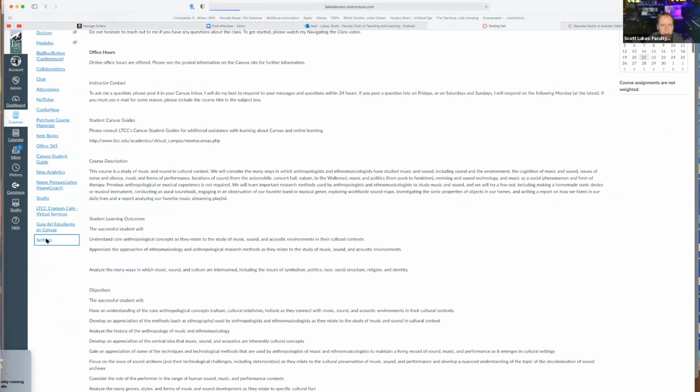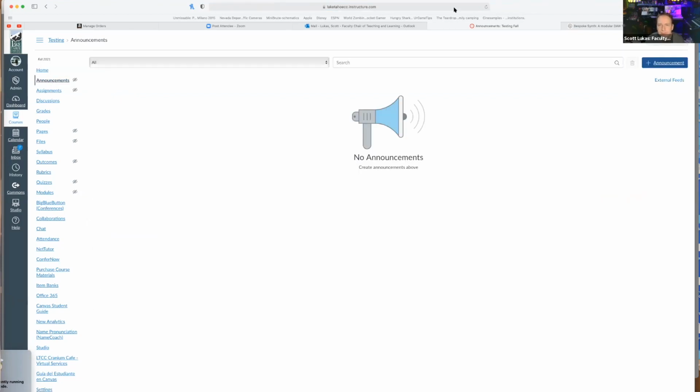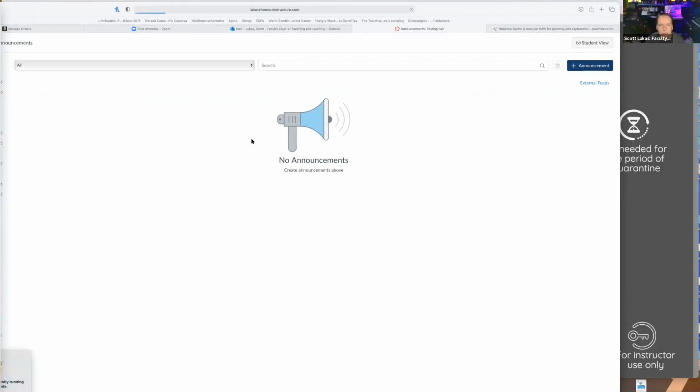So I'll show you here. This is my test shell and feature previews. And okay, it's not enabled. Because it's X'd out and red, it's not enabled. So let's try it using the old version. This is a test class, and let's see if we have the reply option, because I think you might be right that I